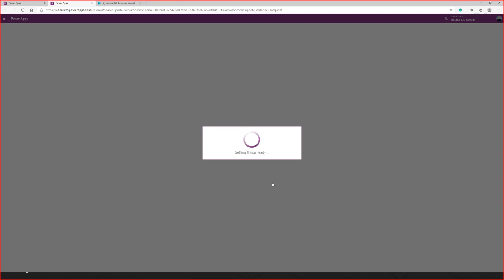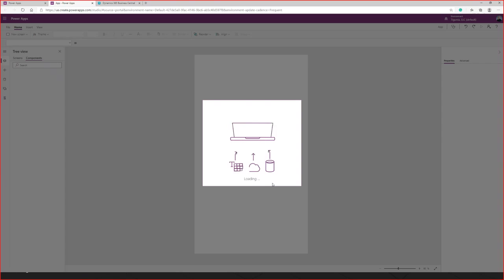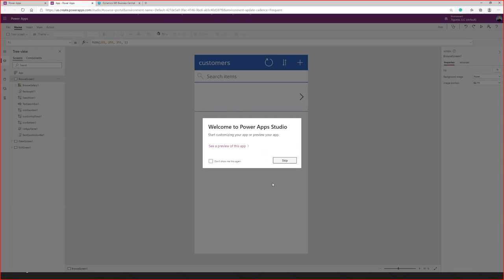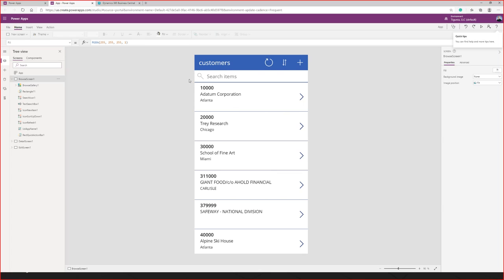What I really like is what it's doing here. It is actually building a bunch of stuff out of the box for us. It's building a list page, a list form, a detail form of it, and then an editable version of it. I'm just going to skip this little thing. So we've actually got a whole design environment.